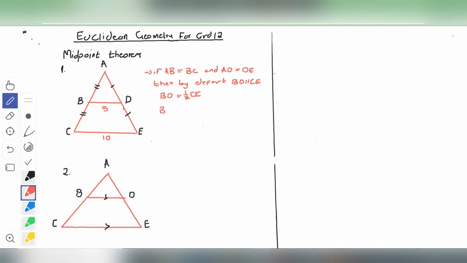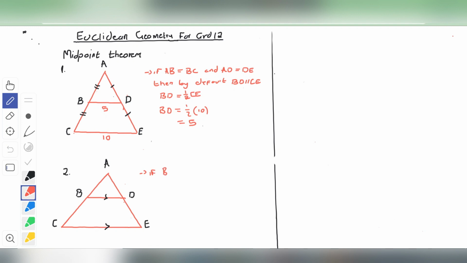You can even calculate it. Let's say you have BD equals 1/2 into what is our CE? It's 10. What is half of 10? It's going to give us 5. You see, this is how we do it. So just capture it that way. Now we come to the second one. From the second one, we can see we are only given the parallel lines. Right? So from the parallel lines, note,